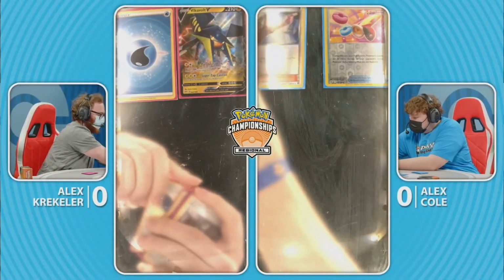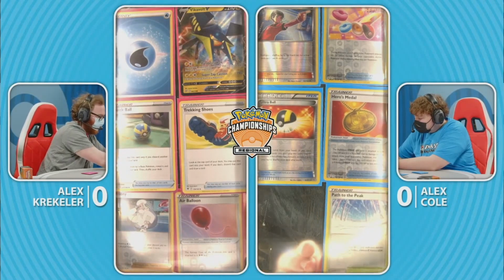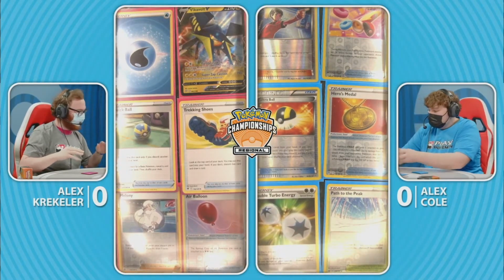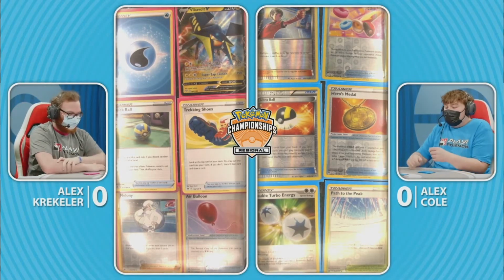Let me assure you, it's not going to happen. We're going to get our first peek of what they're playing by seeing exactly what comes down in the prizes. There's Power Tablets, Judges, Path to the Peak for Alex Cole. It's kind of a giveaway when you see the Power Tablet where we're going with that one, but the energy